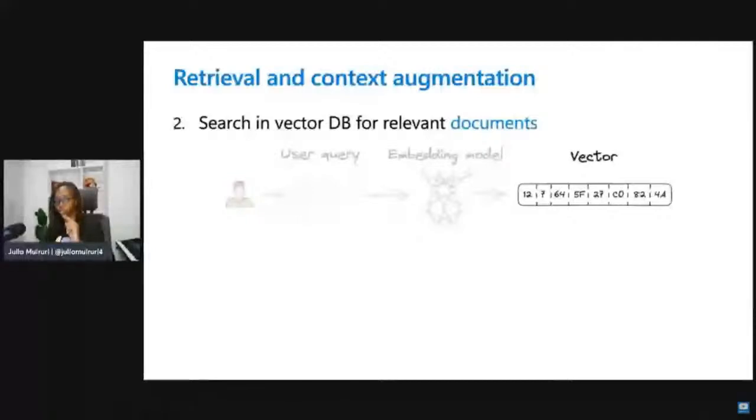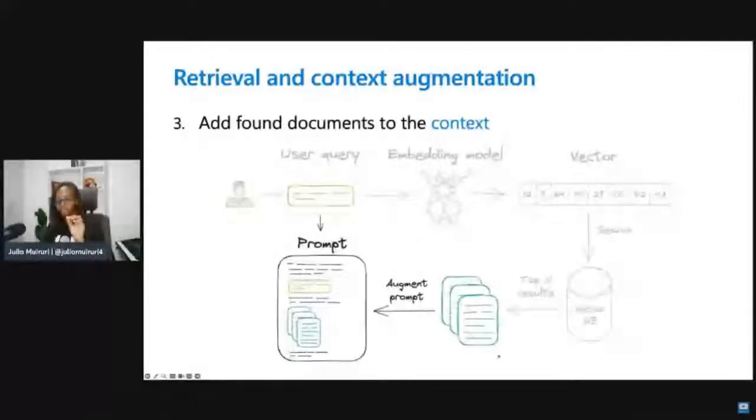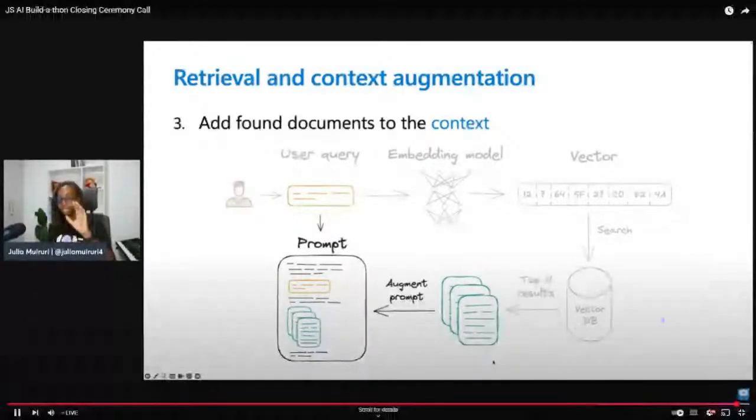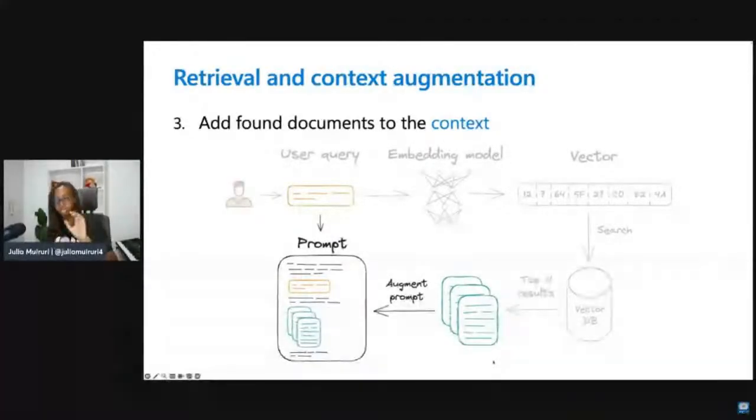As I said earlier, you retrieve some bit of information that is likely going to contain the answer to their question, and that is what you pass along with the initial question to the model. The model then formulates an answer from that. So you're telling the model, hey, answer this question based on this information that I'm giving you. And that is how RAG basically works.